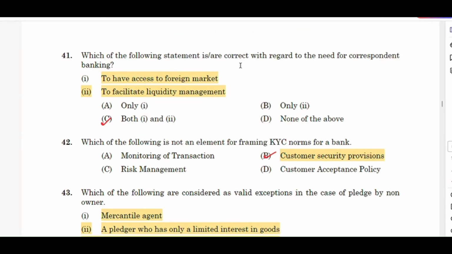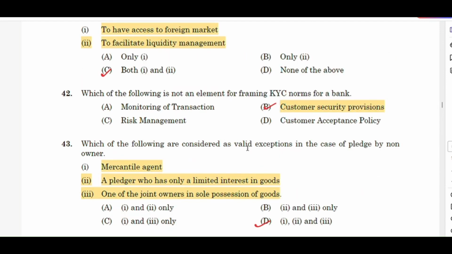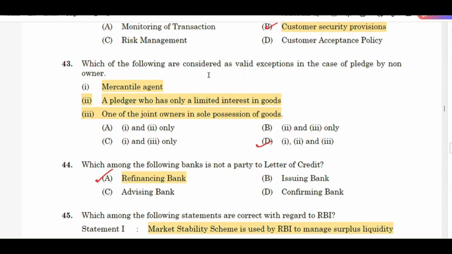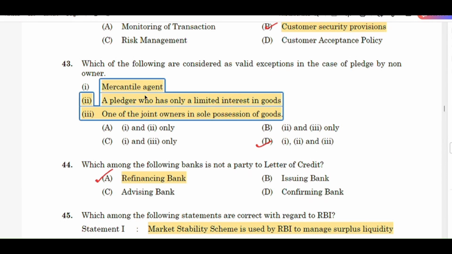Which of the following statement are correct with regard to the need for correspondent banking? Answer is option C, both 1 and 2, to have access to foreign market to facilitate liquidity management. Next question, which of the following is not an element for framing KYC norms for a bank? Answer is option B, customer security provisions. Which of the following are considered as valid exceptions in the case of pledge by non-owner? Answer is option D, 1, 2 and 3. Mercantile agent, a pledger who has only a limited interest in goods, one of the joint owner in sole possession